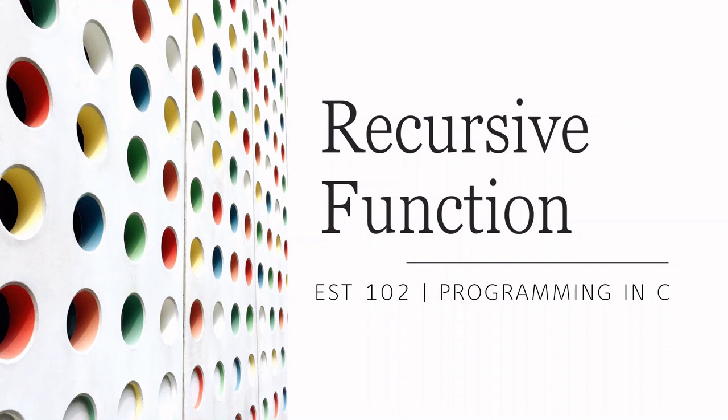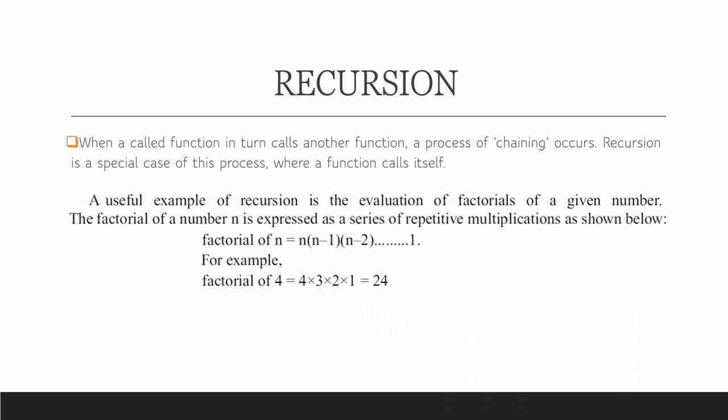Next topic is recursive function. So we were discussing about function. For including a function in a C program, we have three parts. First, we have to declare the function declaration or function prototype, where we specify the number and type of arguments, return type, function name, etc. After that, function definition can be given that defines the complete function, and then function call.